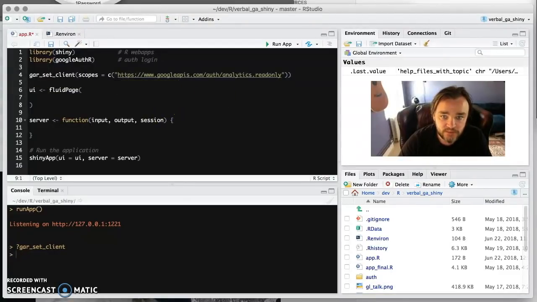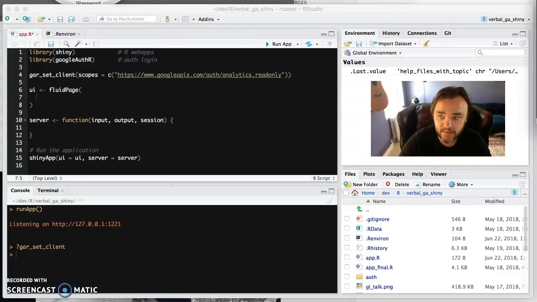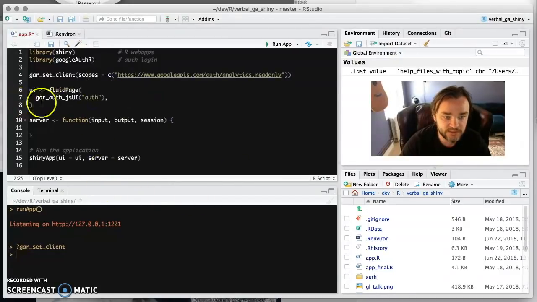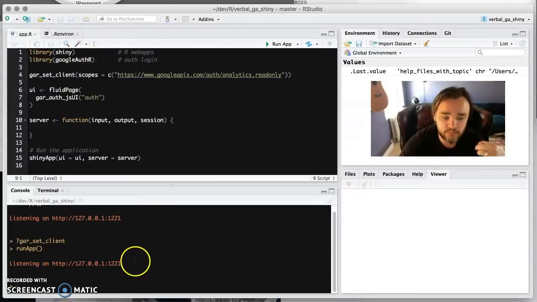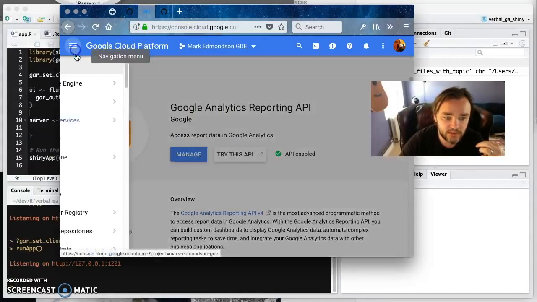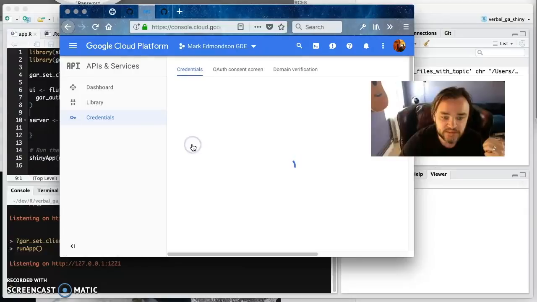So once we've got all of that, then now we actually want to get the authentication button up. So this is the GAR auth. Now I'm actually using the JavaScript authentication here because it's sometimes more convenient. Let's take a quick look at that right now. You can see it basically makes a login button, and that's what this module does. It won't do anything yet because we haven't set it up, but for those purposes, when you're looking at the credentials for your